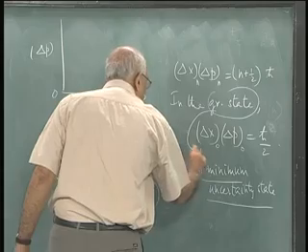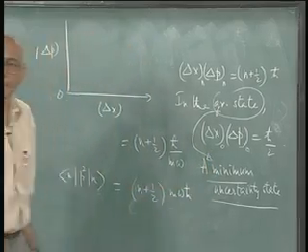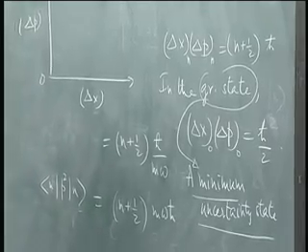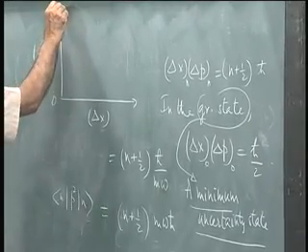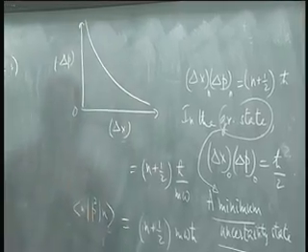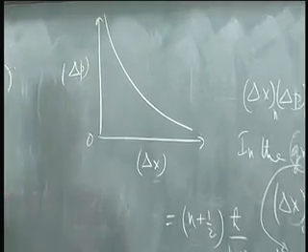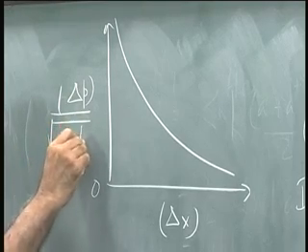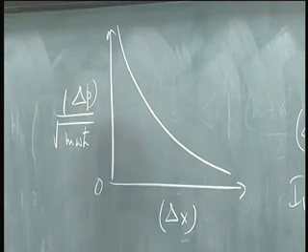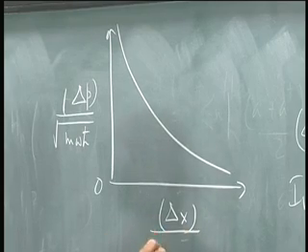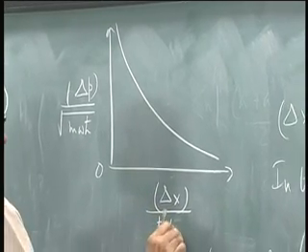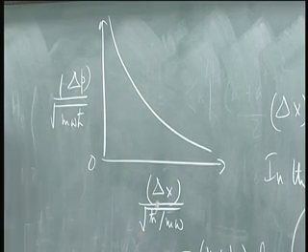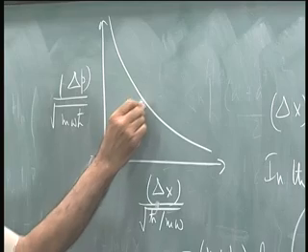So this guy here is a minimum uncertainty state. Actually, if you plot delta x delta p equal to h cross over 2, that is a rectangular hyperbola in this fashion. So delta p, let me measure in units of this guy, delta p over root m omega h cross, and delta x over root h cross by m omega, let me measure it in these units. Then the ground state sits right here